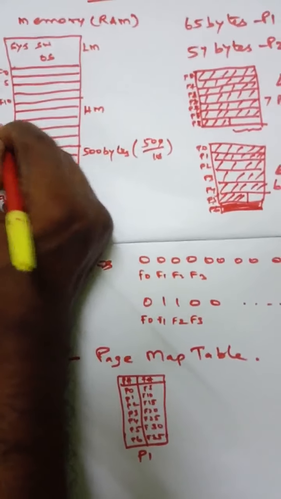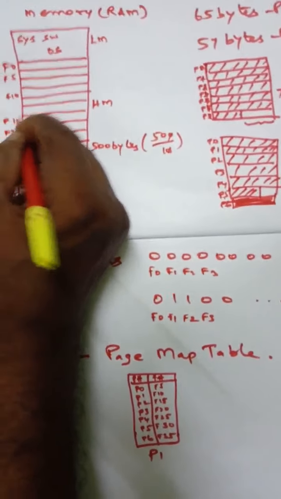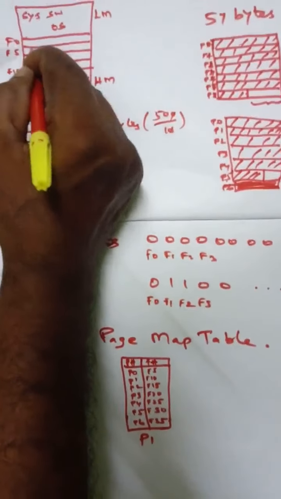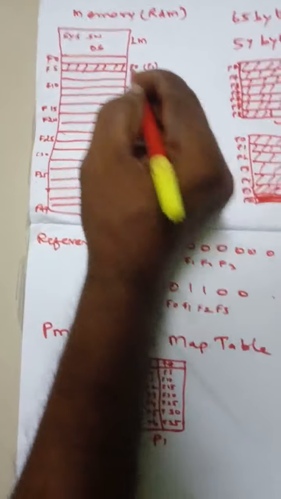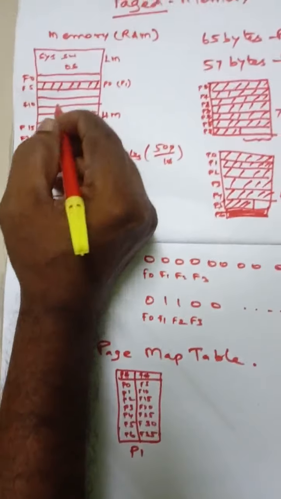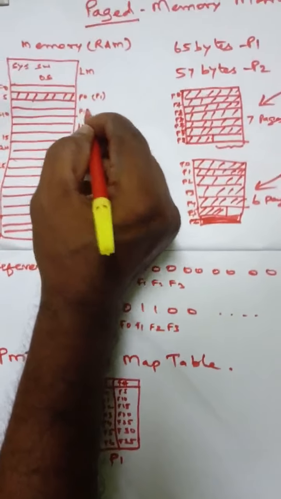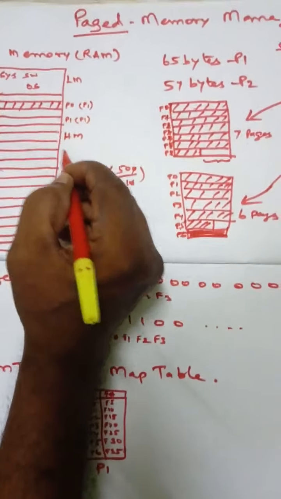This is frame 15. So in frame 5, P0 of P1 is available. Likewise, P1 of P1,